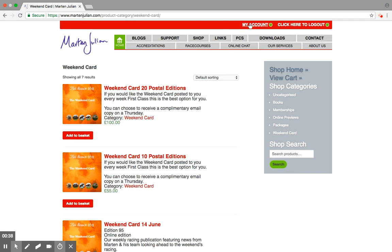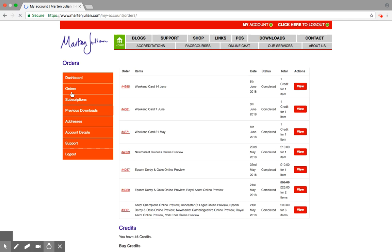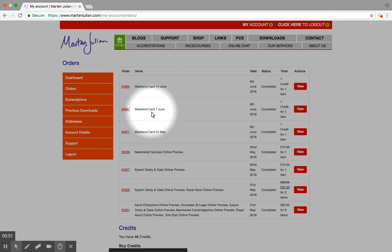So if I go to my account up here and orders, I can then see, I'll just put the highlighter back on, I can see that I've got a weekend card for the 7th of June and a weekend card for the 14th of June. I've received an email notifying me that this edition, 7th of June, is available. So if I click on view,